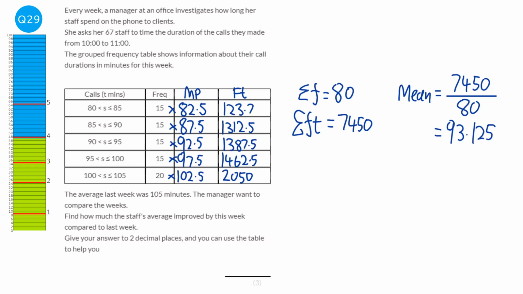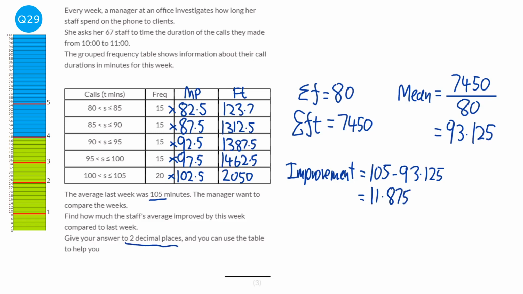93.125. Now this question is about the improvement that the manager has made, the call centre's made. So we're looking at subtracting the 93.125 away from the last week, which was 105. So we're looking for improvement. And we're going to do 105, take away the 93.125, and that's going to be 11.875. Now it does ask for 2 decimal places, so that will be